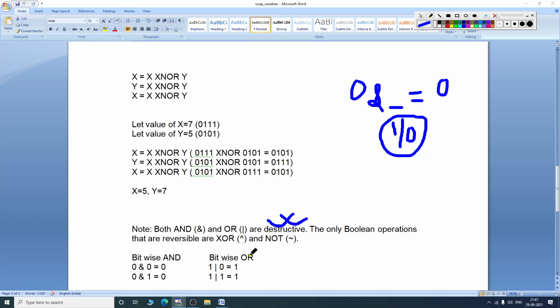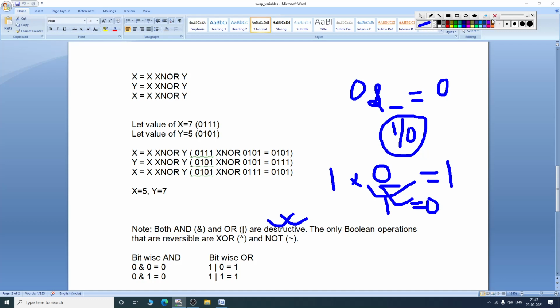Similar is the case with bitwise OR. But in XOR, if I am told that one digit is 1 and I am using XOR, and the output is 1, and I am asked what the other digit can be, it has to be 0, because if I had 1, then 1 XOR 1 equals 0. So this digit is definitely 0.